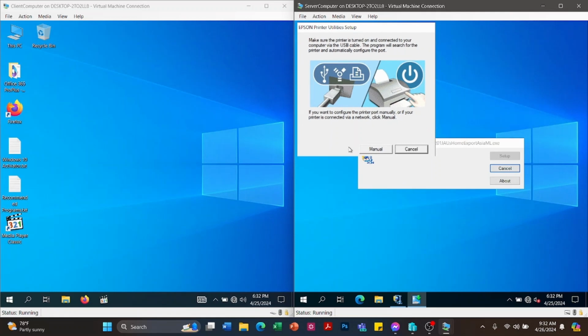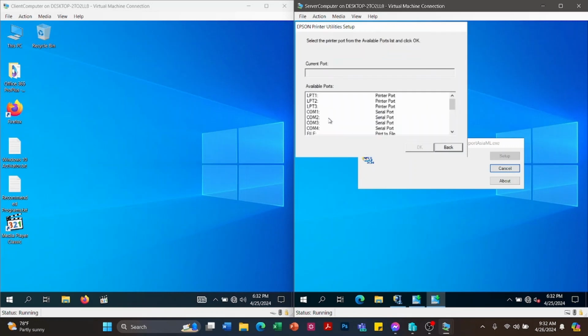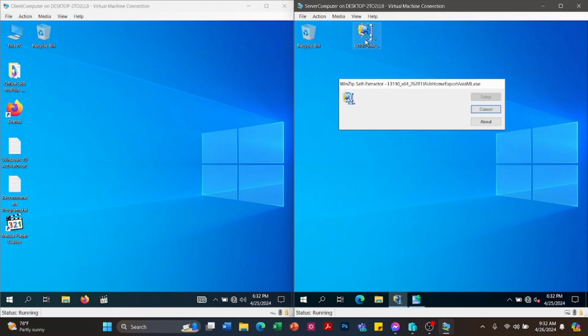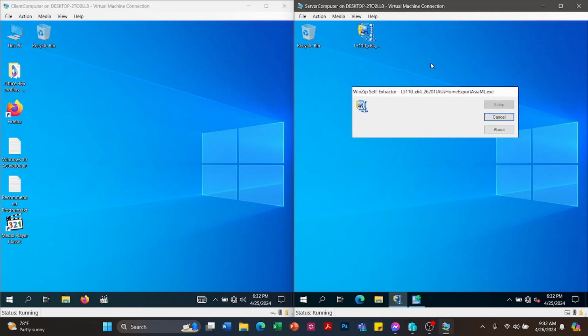So let's manually select a port, assuming the printer is connected to the USB port of the computer host. Okay, so let's select the COM1, then okay. So the installation will assume that the printer is connected to the COM1 port of the computer host.